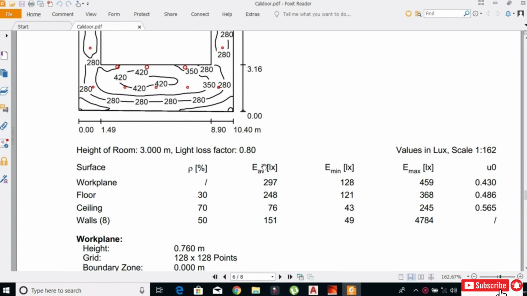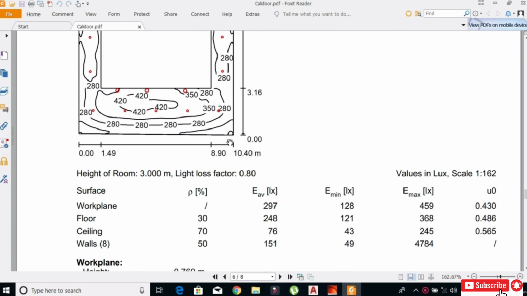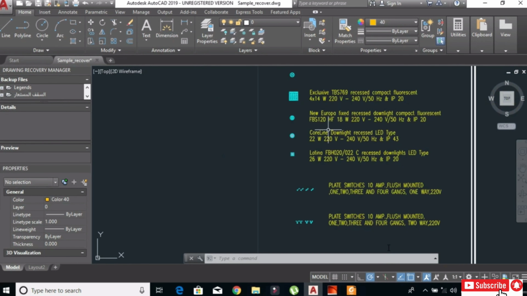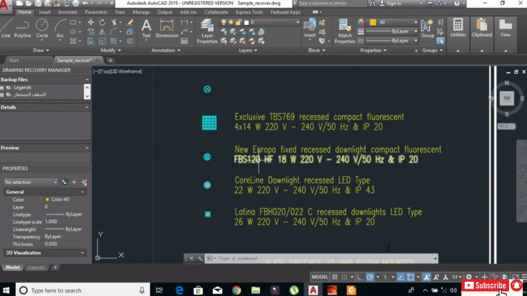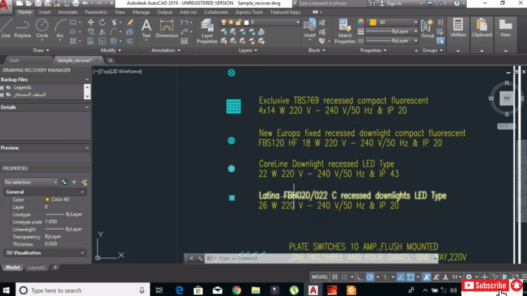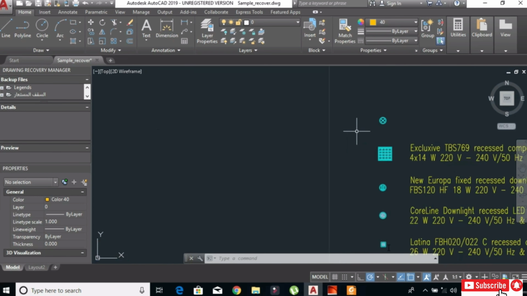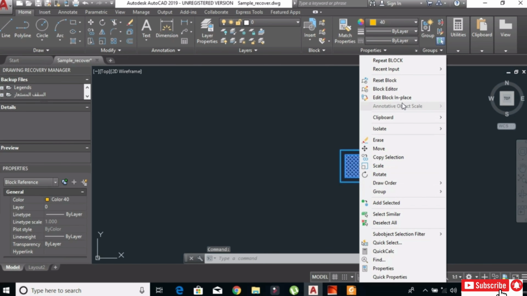Now I can consider this new luminaire and distribution, but I have to go again to the AutoCAD file and modify. See here, it's Latina. You must modify this luminaire, and also I can edit the block editor.